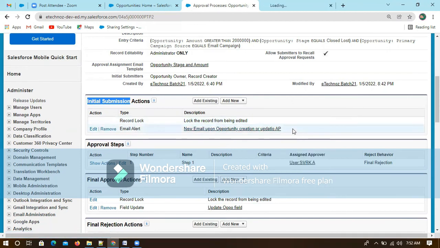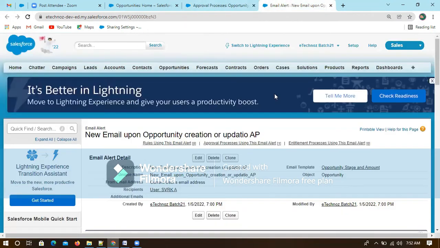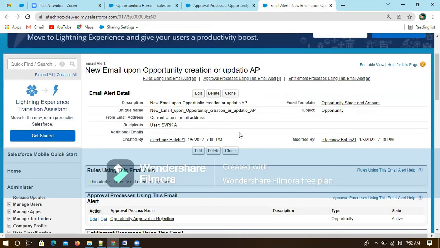Here we need an email template. We have created that email template and assigned it to this email alert. We created the email alert process, and within it we have added one email template. You can check what data this email template contains.